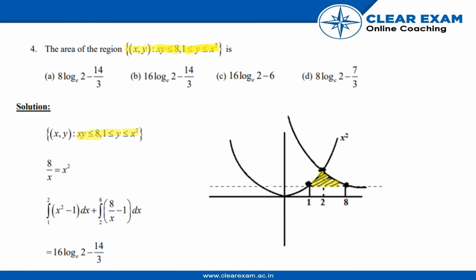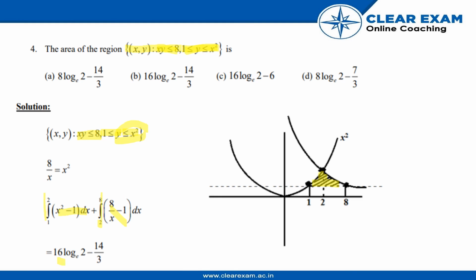So we substitute and take this condition. What it will become is 8 by x is equal to x square. So simply integrate first from 1 to 2 and then from 2 to 8. So, the integral of x square minus 1 dx from 1 to 2, and the integral of 8 by x minus 1 dx from 2 to 8. So what we will get is 16 log